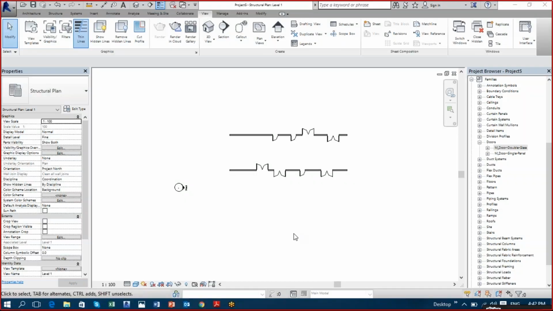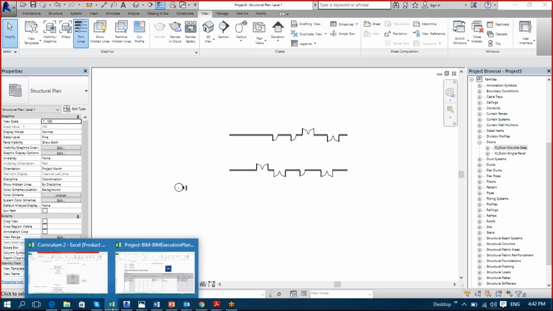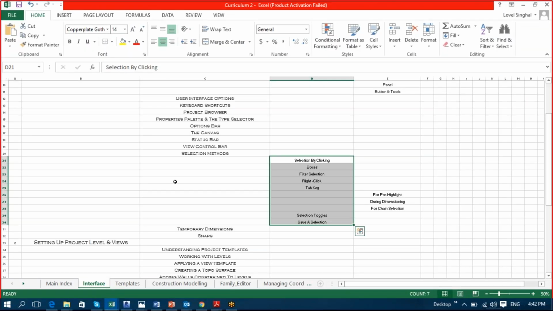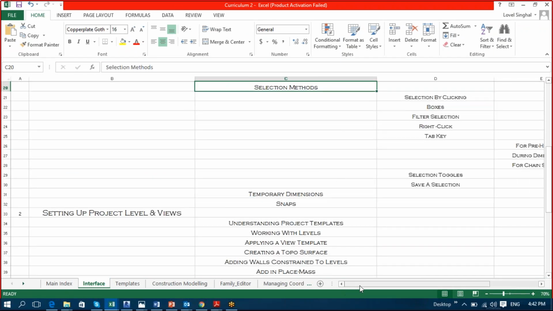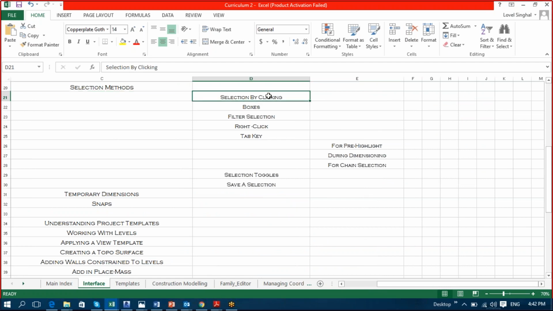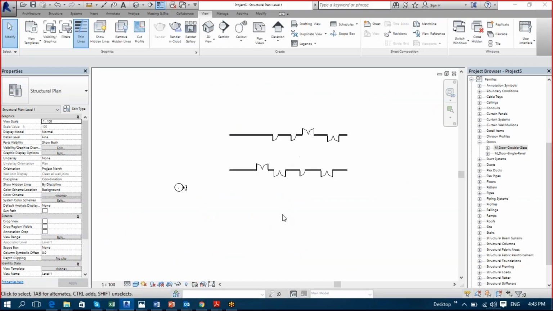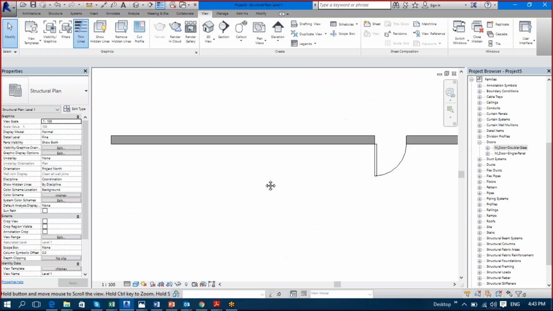So let's start. We were on the topic of selection methods. It's an evening class. There are selection methods. First is selection by clicking, or I'd say it's a kind of pre-highlight. So how do we select? Now you can see here,